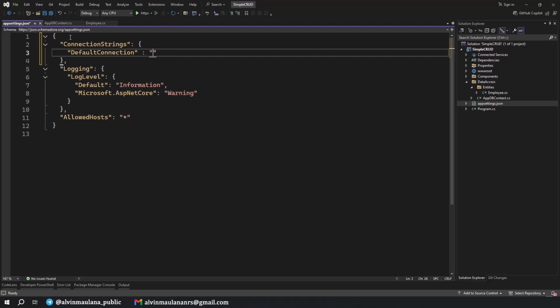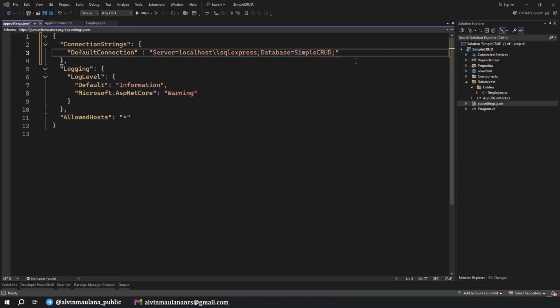And what we will have here is Server equals to localhost\SQLExpress. Okay. And then Database equals to what database we want to set, yeah, SimpleCRUD.